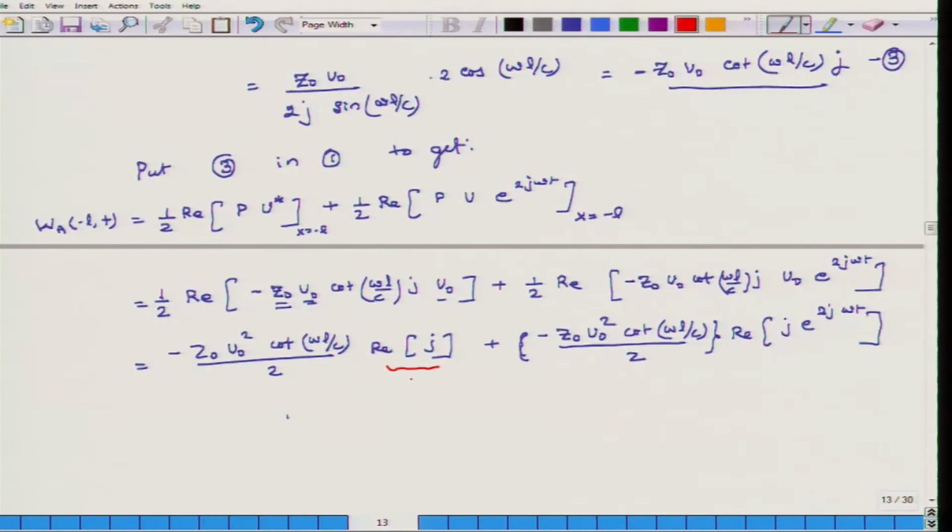So, this value real of j is 0. So, I get 0